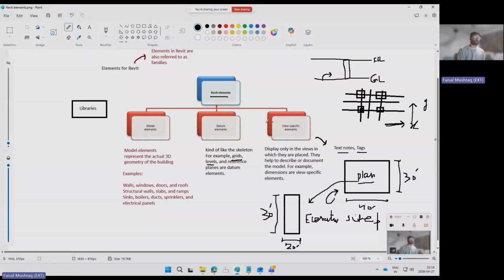So I have a category. So Revit actually has three categories of elements. First is model elements, second is datum elements, third is view specific elements. And remember that everything is made of elements. And we call those elements families in Revit. Remember